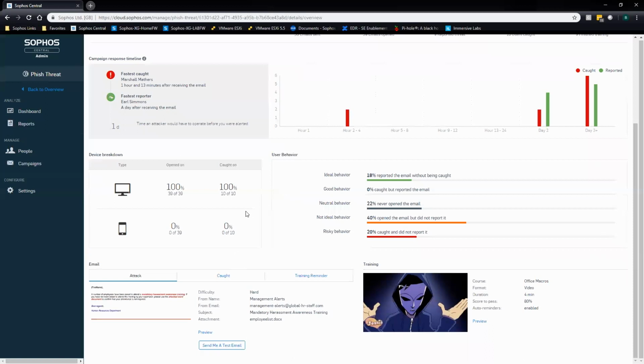So the device breakdown will actually be able to tell you how many of your users were caught on their PCs versus their mobile devices. And I would argue that obviously this is a demo environment, so all of it's going to be PC. But I would argue that you're probably going to see mobile as being the higher count, because all of us